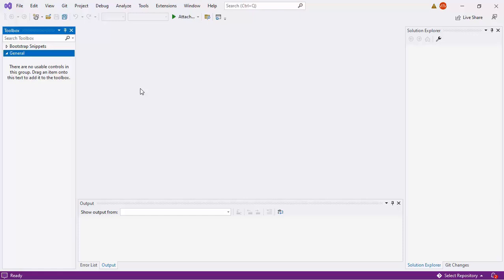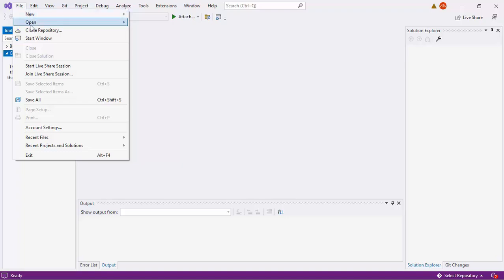But in this video, I would like to show that the previous version of the template, still .NET Framework, that is included in Visual Studio 2022 is still good, and in certain ways it is better than the latest one.